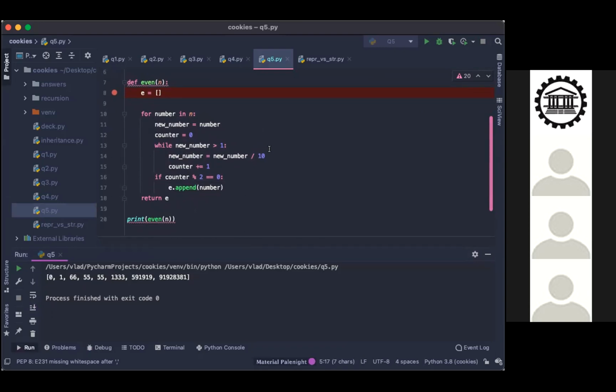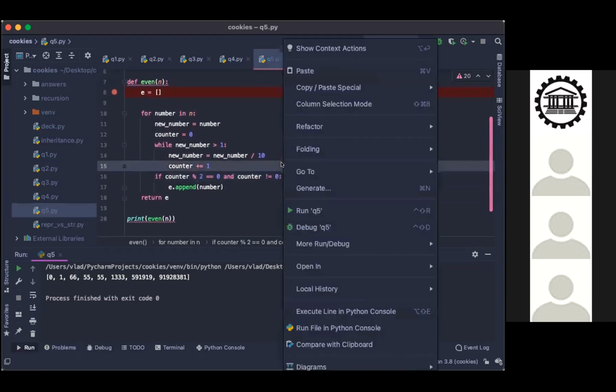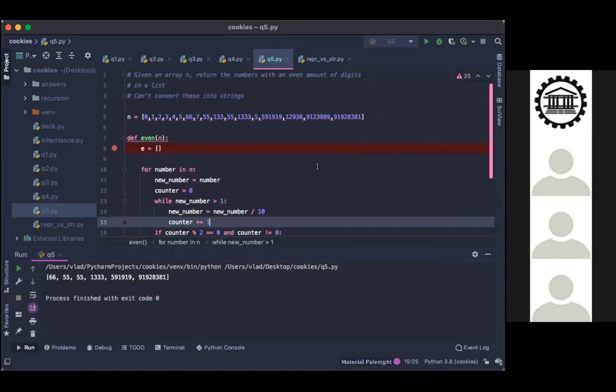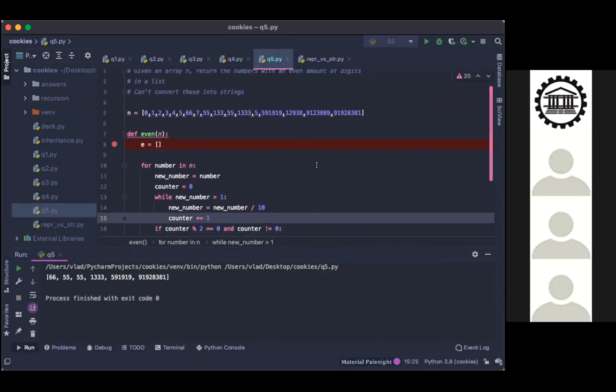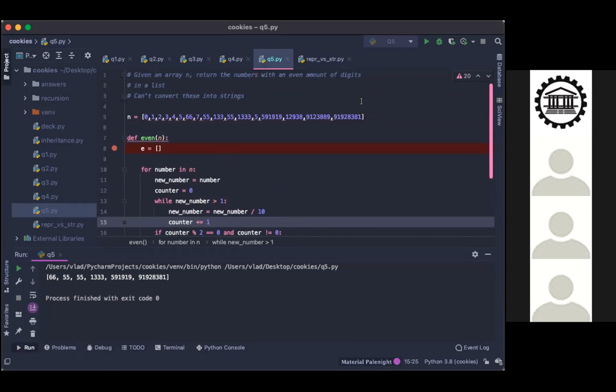You could also say if counter divided by 2 equals 0 and counter itself doesn't equal 0. To me, that's another lazy way to go about it. But will it work though? It fixes the values that are less than 10, as in they're only 1 digit. Why is it lazy? I feel like maybe it fixes only one case. What case would it not fix?